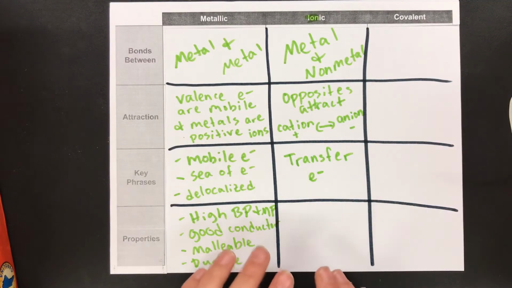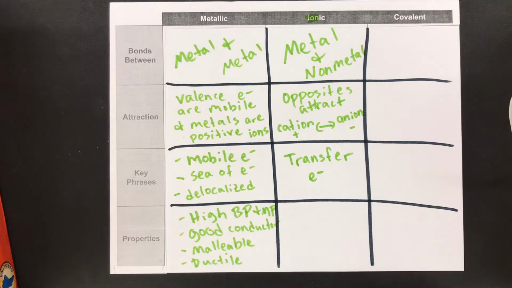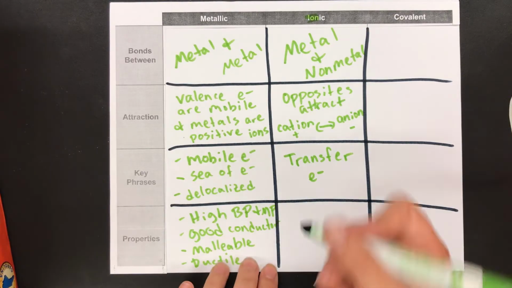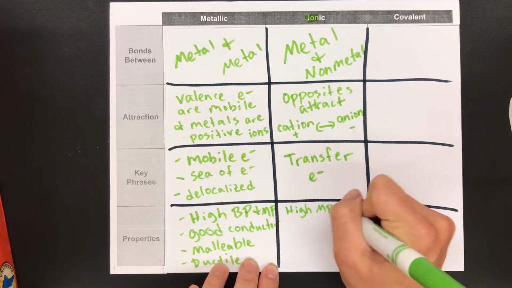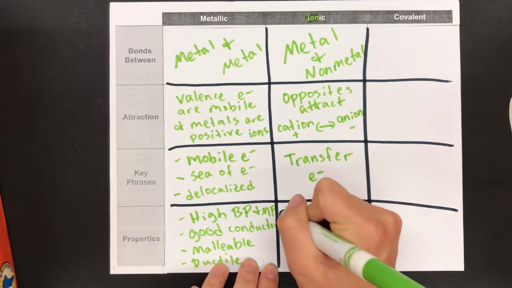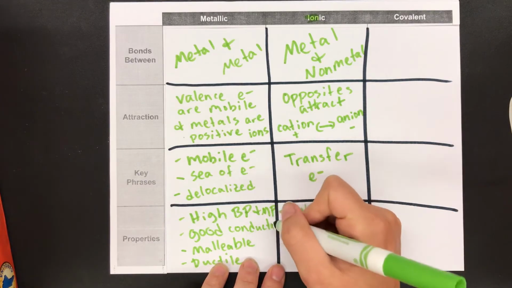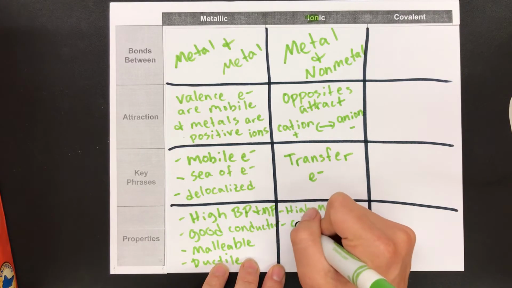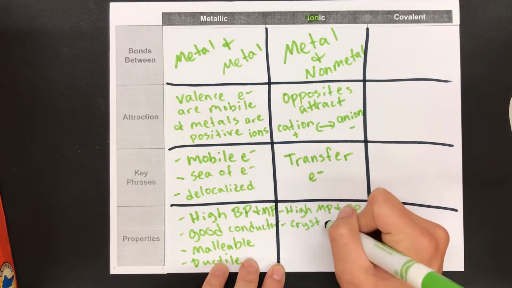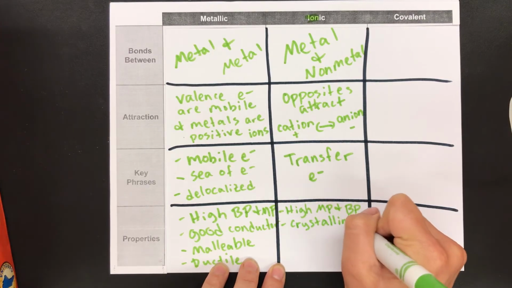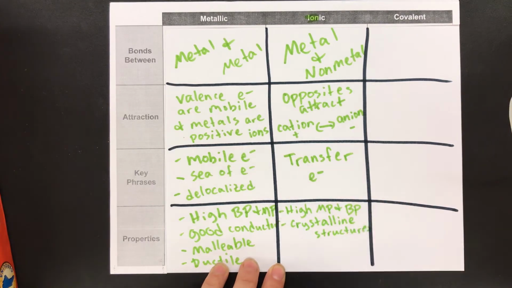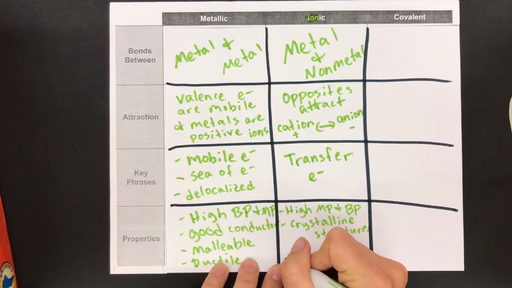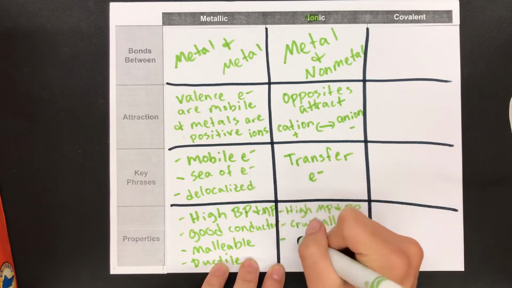Properties. Now here's the thing with ionic. It's got this metal sitting in there, but it also has this non-metal, so you get this weird combination of properties. They still have high melting point and boiling points. They form crystal structures or crystalline structures when they're solid. And good conductors,